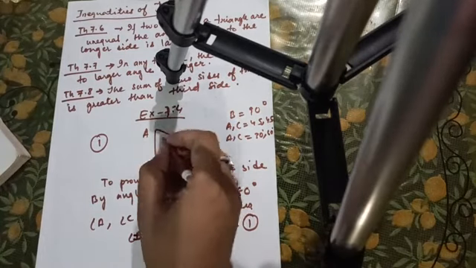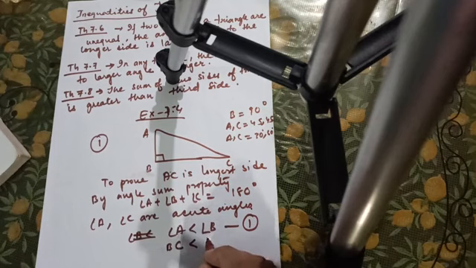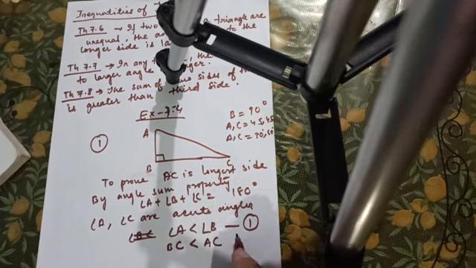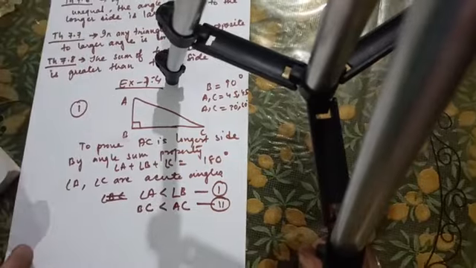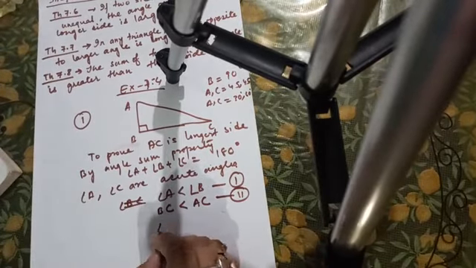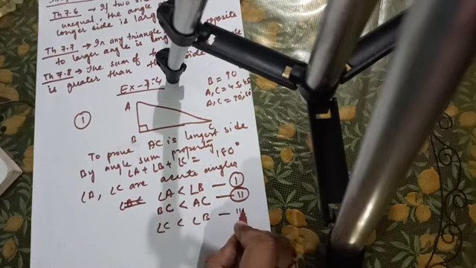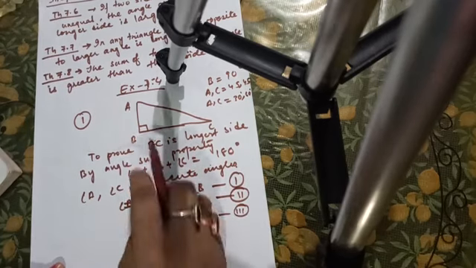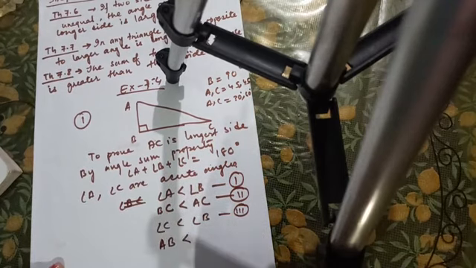That means our side BC is less than AC. Let me mark this as number 2. Next, again our angle C is less than angle B. Therefore this can be written as number 3. That means the side opposite to angle C, AB, will be less than